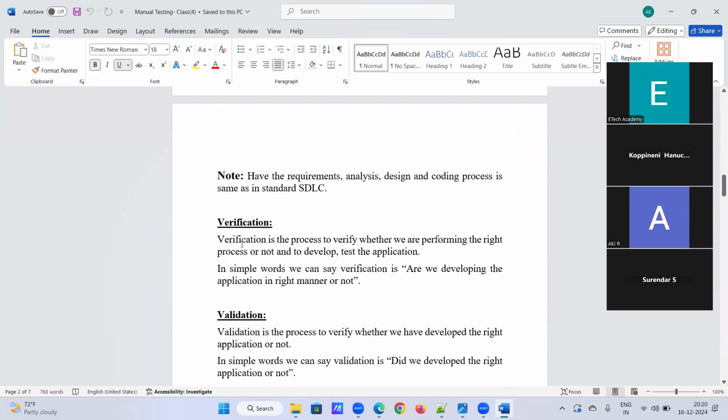What is the first point of verification? Verification is the process to verify whether we are performing the right process or not to develop and test the application. So what does that mean?